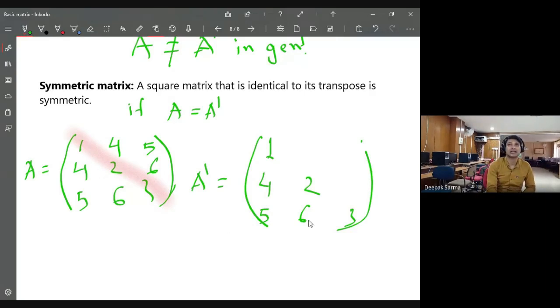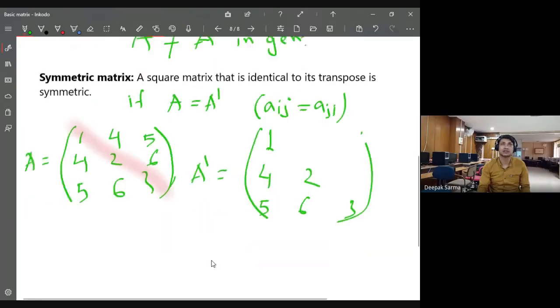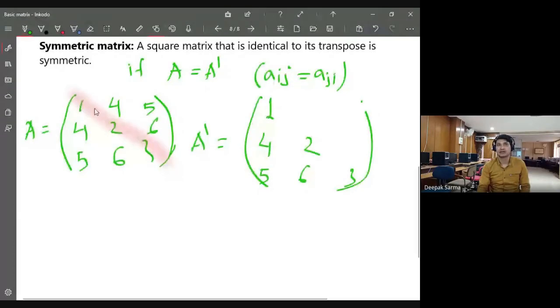In another way, I can write that the matrix is symmetric if Aij equals Aji: A12 equals A21, A13 equals A31, A23 equals A32. So in a symmetric matrix, we have only one part; the other part is exactly identical. If any of you have any confusion, you can tell me. It's simple: I have a diagonal, and the other parts are exactly the same. Or in other words, the matrix coincides with its transpose. Transpose you can easily find: change the rows to columns, or the columns to rows.